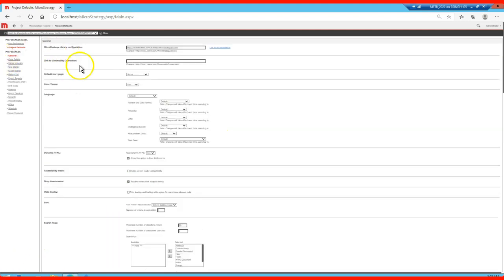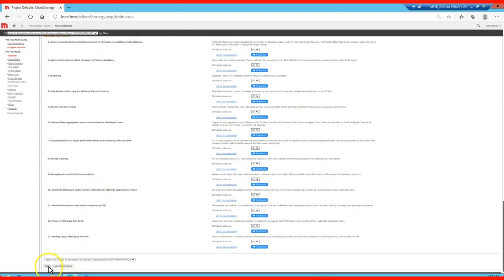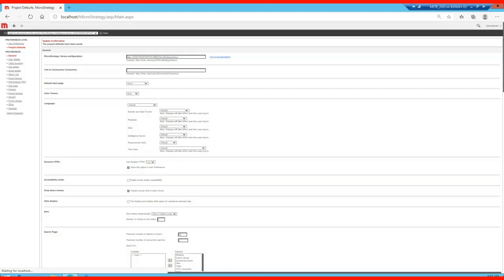Let's go with a few things and see how you can configure them. Color theme, all right, so let me change it to something different, like gray. You change it to gray, then you can save it and apply.